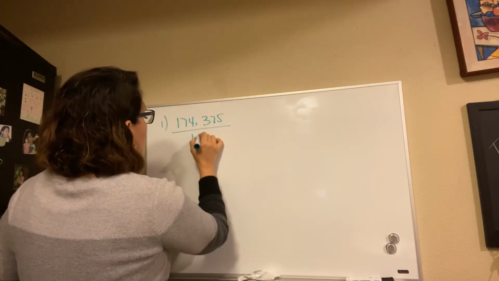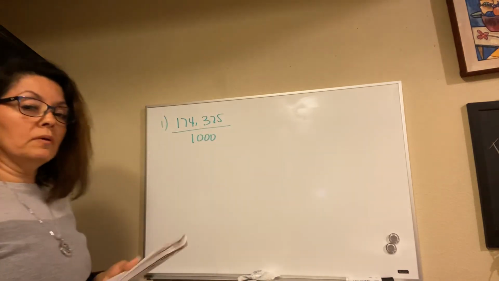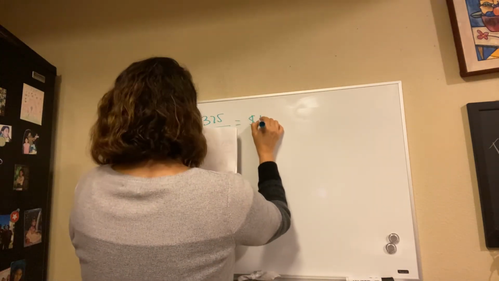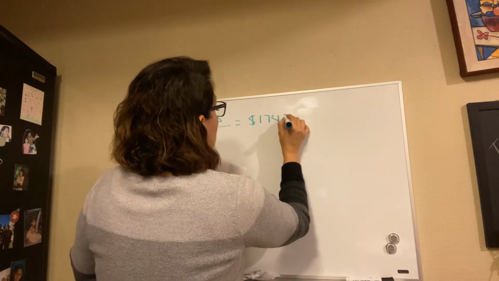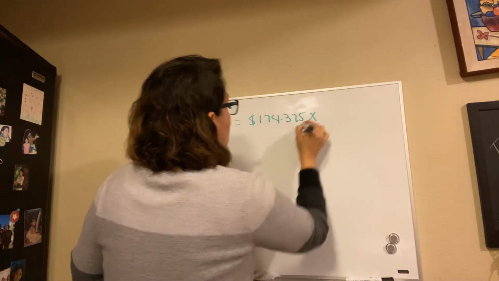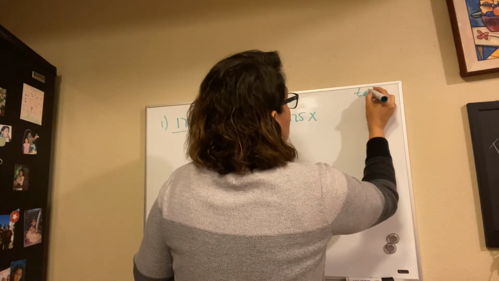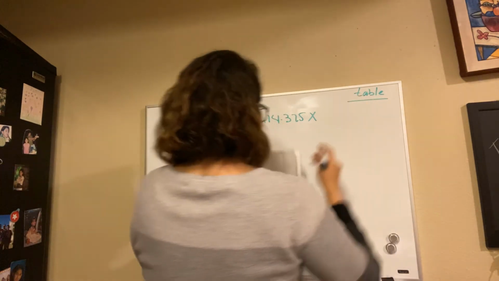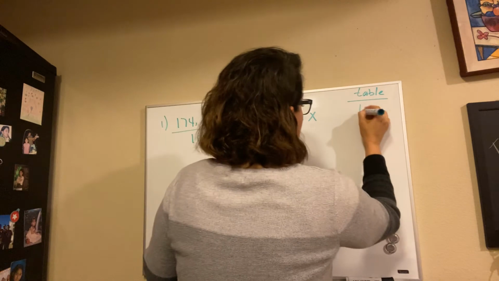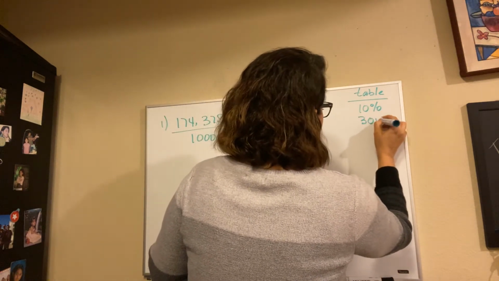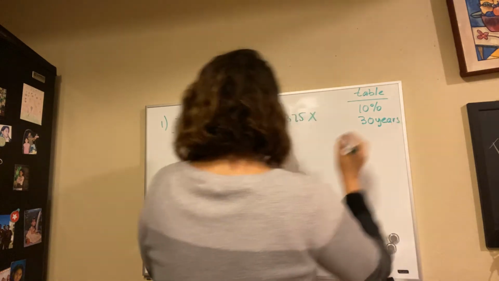Divide by 1,000. That is my first step. So it is going to be 174.375 times... I'm telling you guys, it is from the table. On the table it tells me that is a 10%. Okay, it was the first option for 30 years. So it gives me,